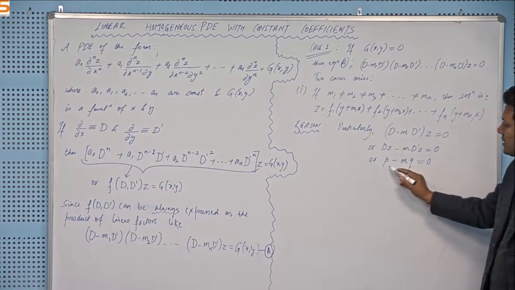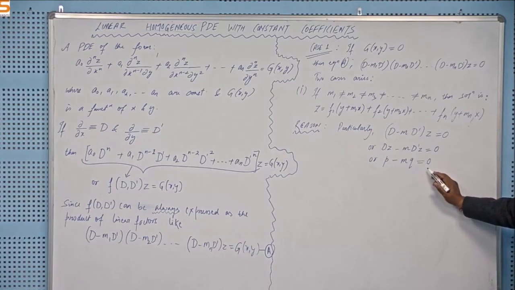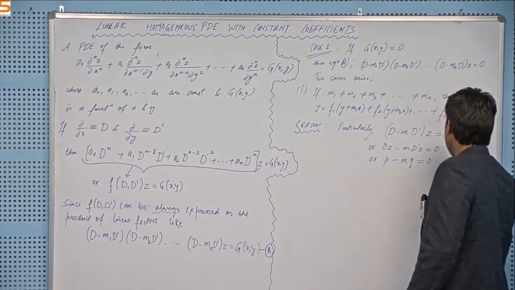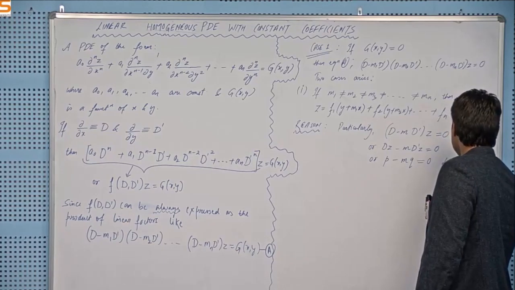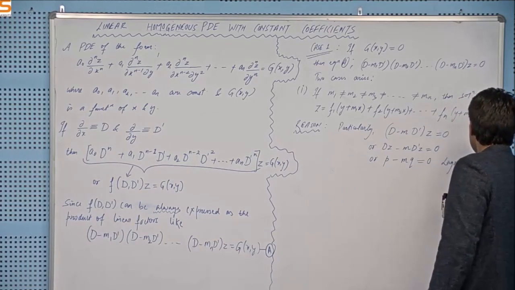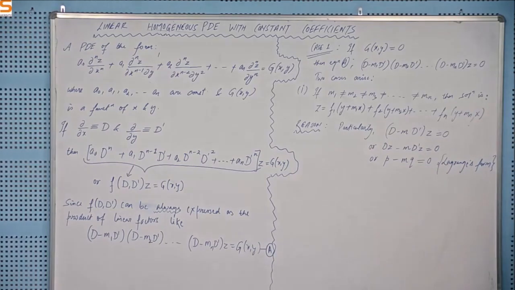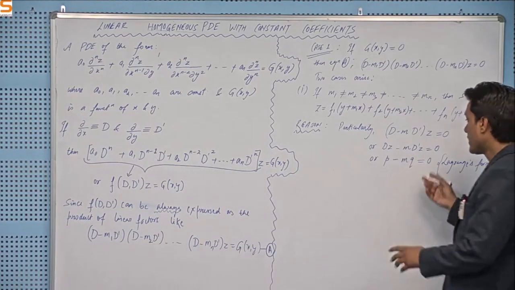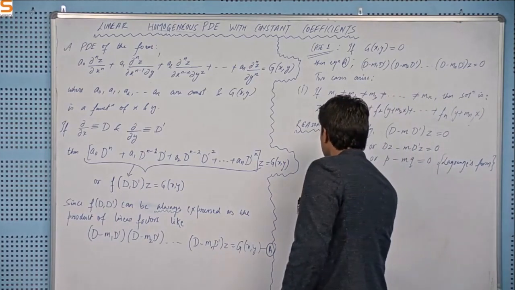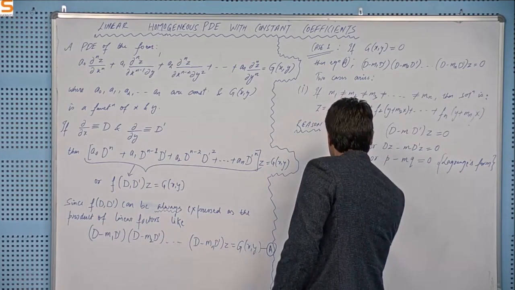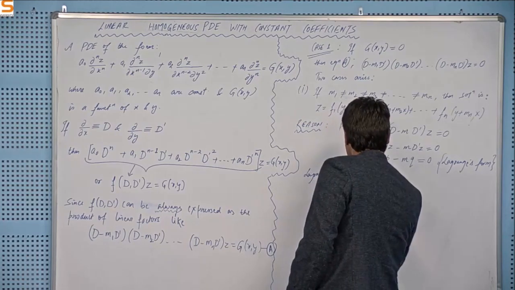This is similar to the last Lagrange's form, Pp plus Qq equal to R. It is Lagrange's form of PDE, the first order first degree PDE. So we write Lagrange's subsidiary